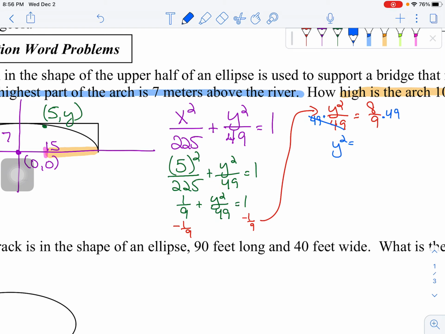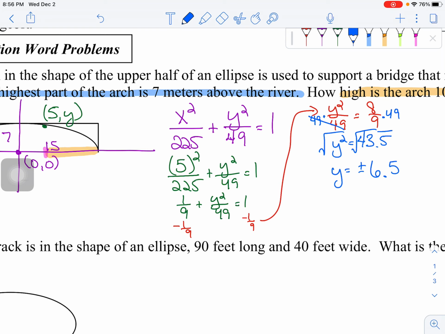All right, so y squared is going to equal, let's see, multiply that times 49. I don't really want it in fraction form anymore. So we're going to get 43.5 repeating. Just leave it in your calculator. And I'm going to take the square root of both sides. And y is going to equal plus or minus, let's see what we get here,